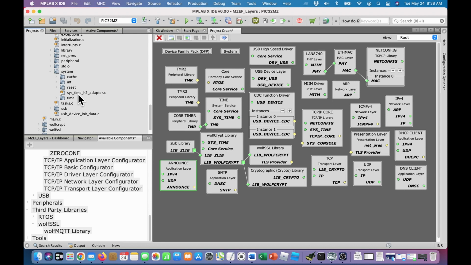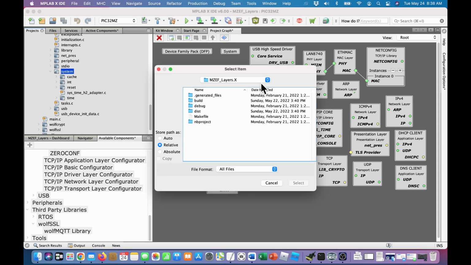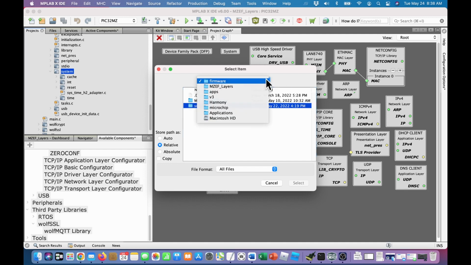So what we need to do is add it from the net repository where it gets its stuff from. So we're going to add an existing item, and what we need to do is go up to the source file, we need to go all the way up to the